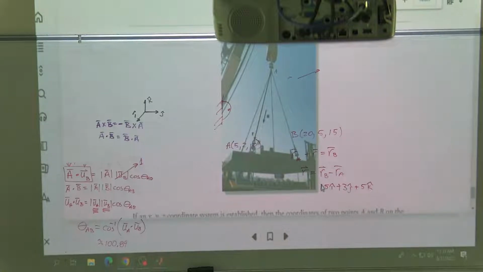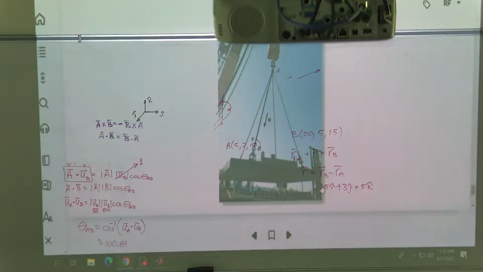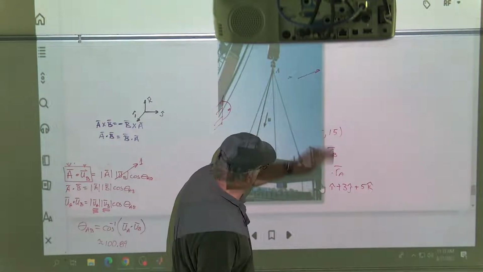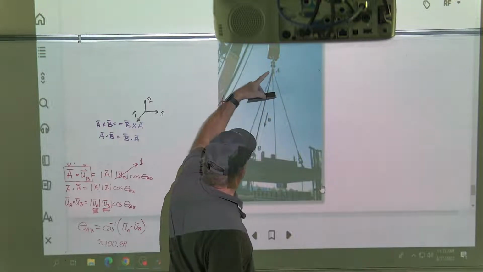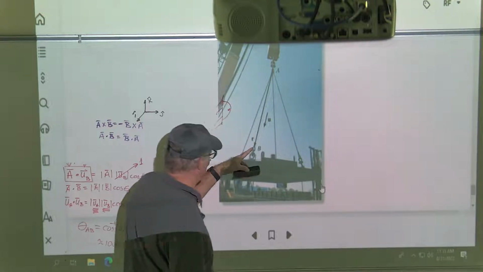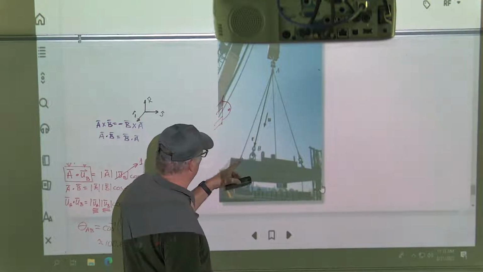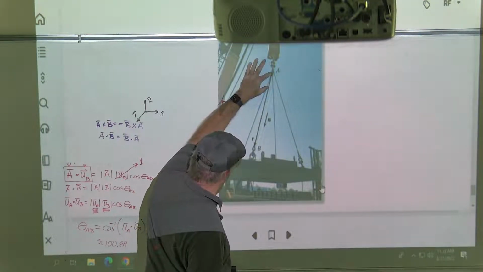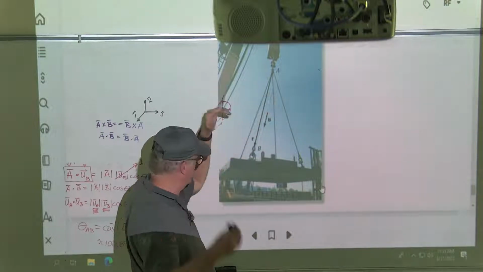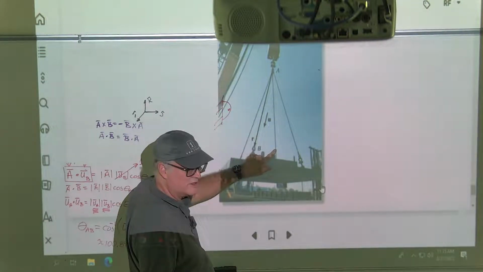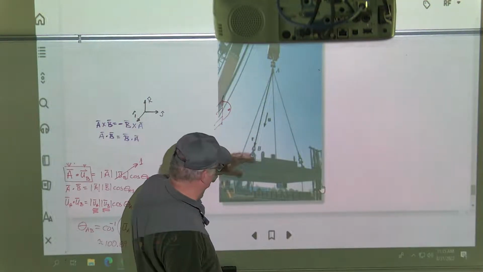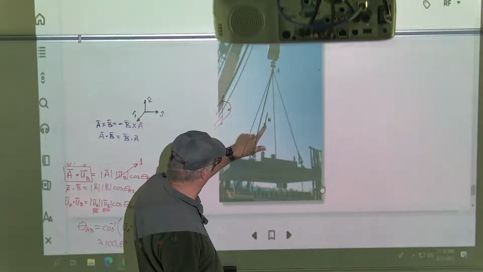Hang on. Okay, so I don't know that this is any better or worse than any other thing, but it doesn't matter. He's identified a hook here and one here. He also has this one and this one, but he just seems to be focused on this one. So you find the unit vector here. If the tension of all three of these is, say, well, actually there's a fourth one over there too. Say it's 1,000 pounds, and you want to know this one. What's the vector component? Find the unit vector,